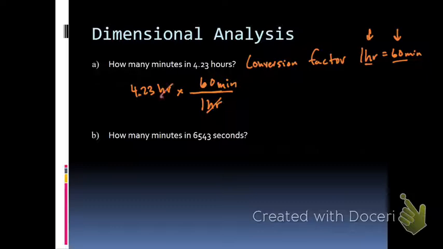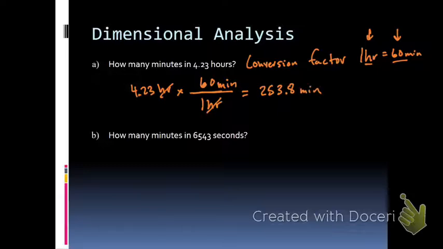So the way we determine what goes where is based off of the ability to cross cancel units. And so if we do that, our final answer is going to be in minutes, right? Because that's the only unit that has not been canceled. And so you get 253.8